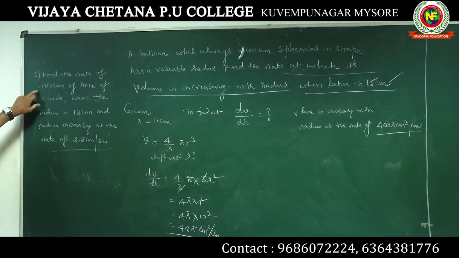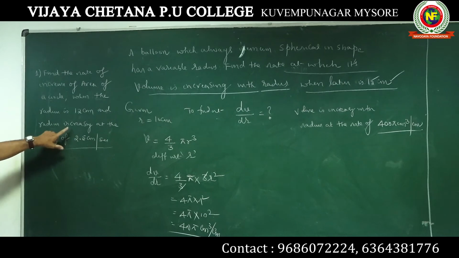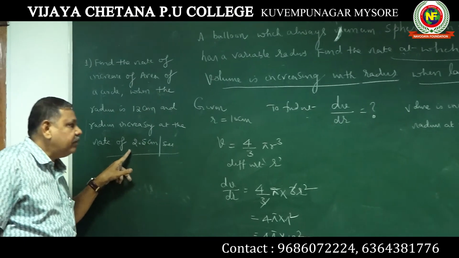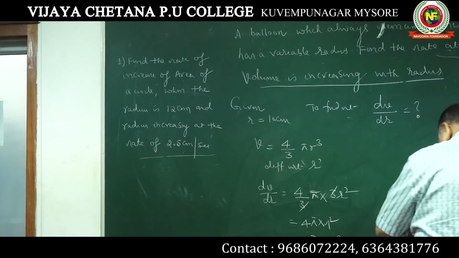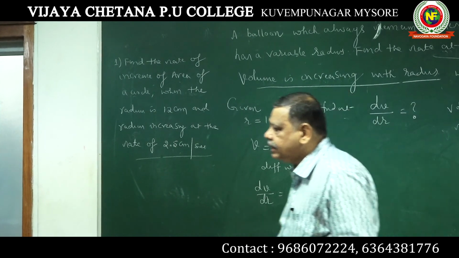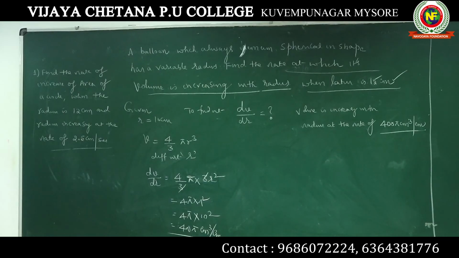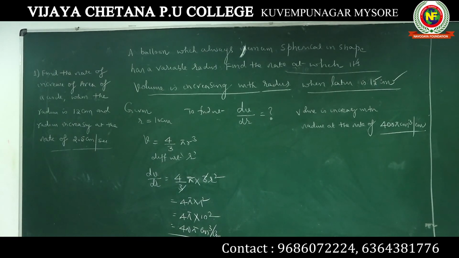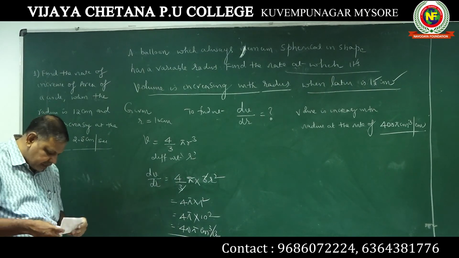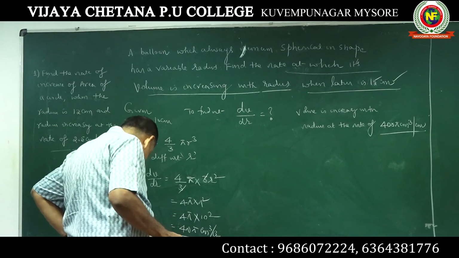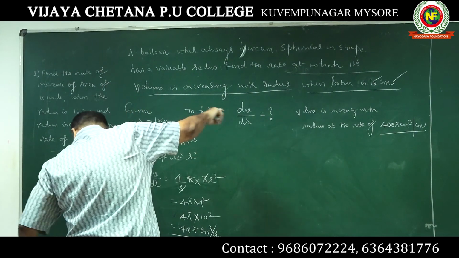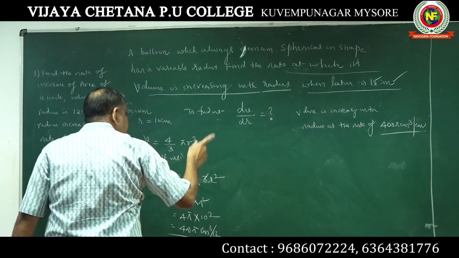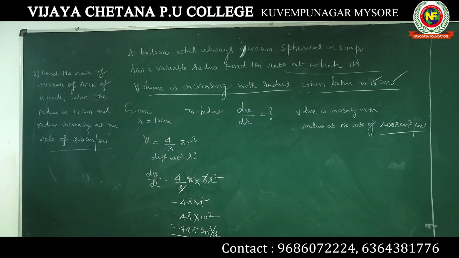So he is asking the rate of increase of area, and you know A is equal to pi r square for a circle. R is given and dr by dt is given. You have to take A is equal to pi r square. I think that may be enough. Surface area of spheres and all those things we should take tomorrow. So do 3-4 problems like this. Please do it. We should all know volumes, areas, spheres.